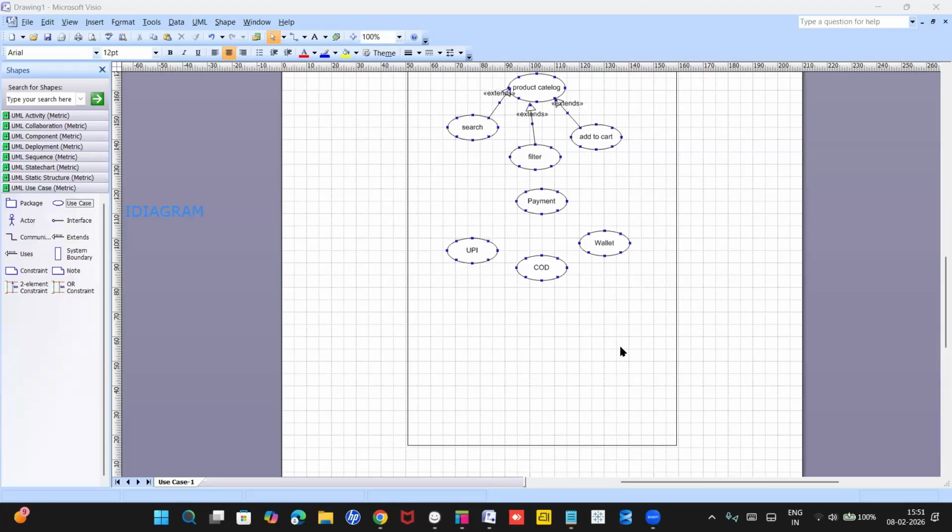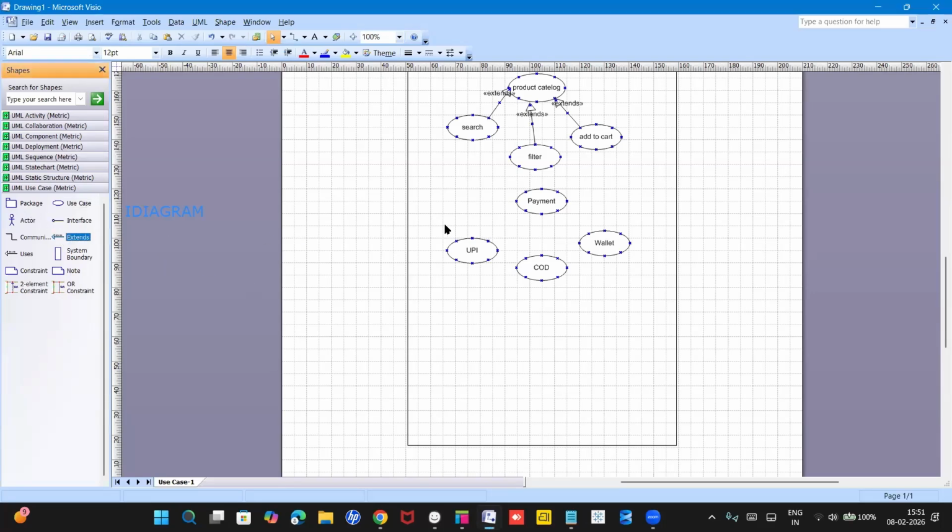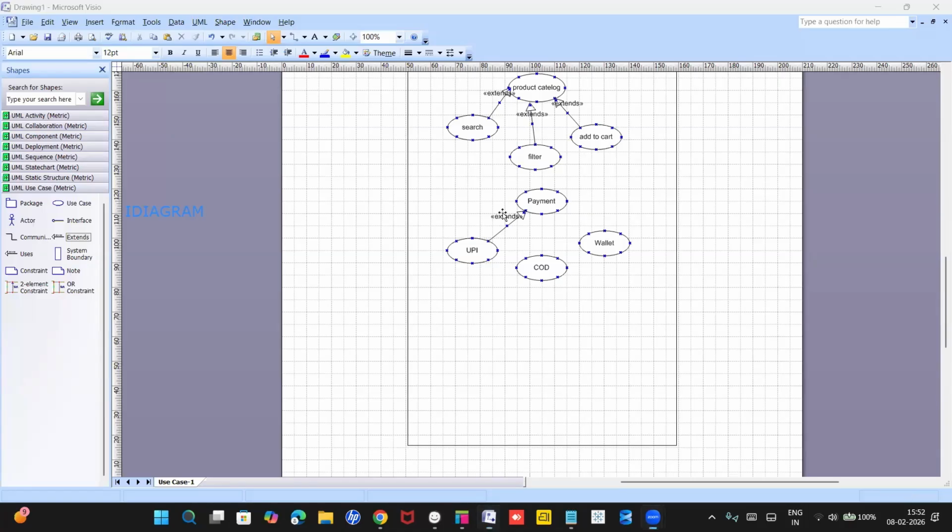Good. So payment, it will be generalization, because we are having three options, but we need to use only one option to complete this payment. So it will be a generalization. Okay? Okay, team. So what is the difference? How to find out the generalization? Here, we will use the extend relationship and